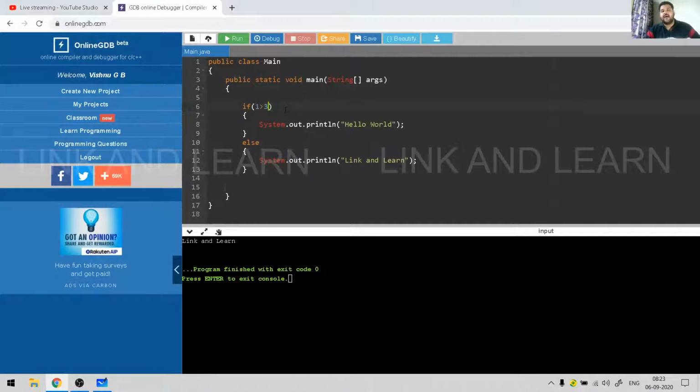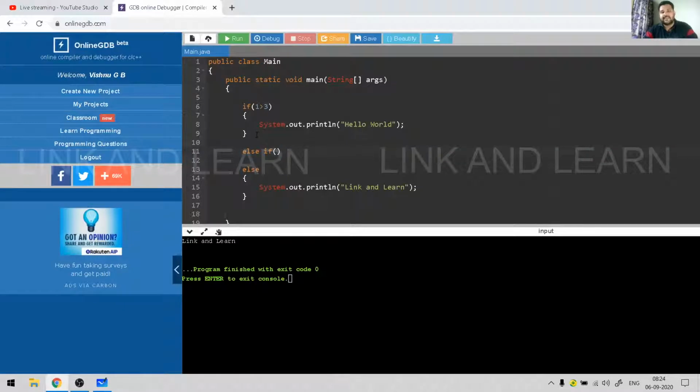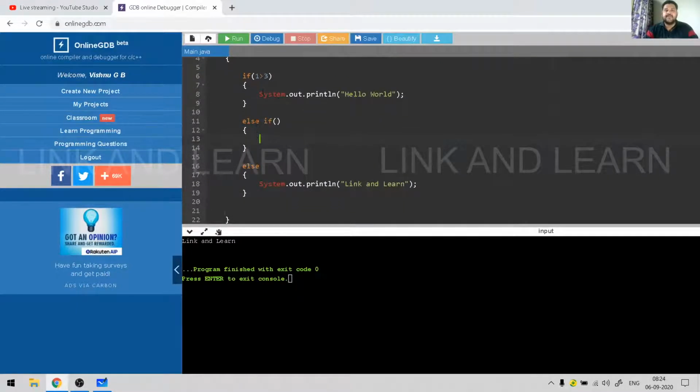If you want to check multiple conditions, you will have to use the if else if ladder. For example, I'm going to write the if else block. In this block, you need the if block and the else block, and in between you will have the else if block. In the else if block, you specify the second condition. Else if is similar to the if block, but you add the keyword else along with if. The next condition that I am going to give is